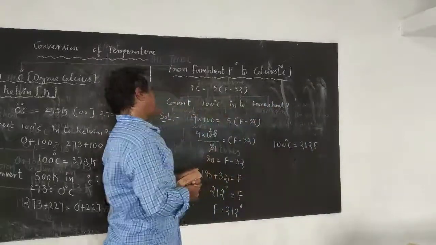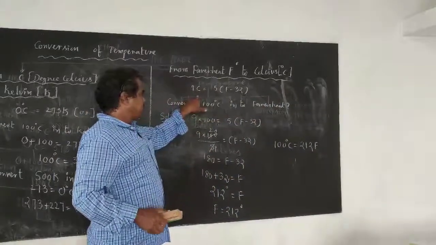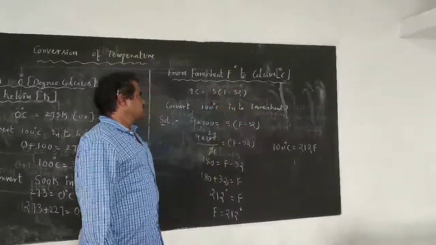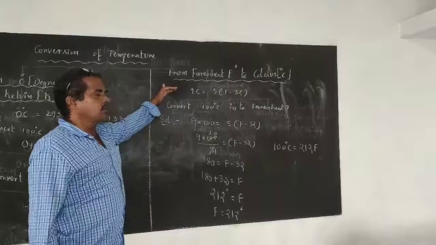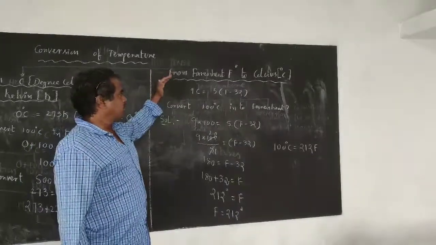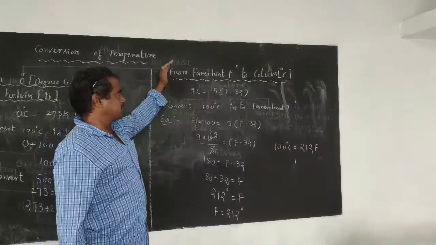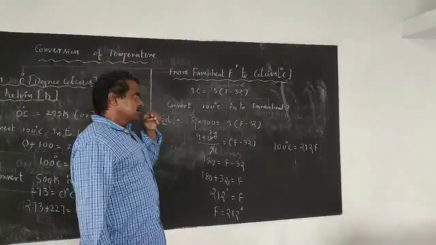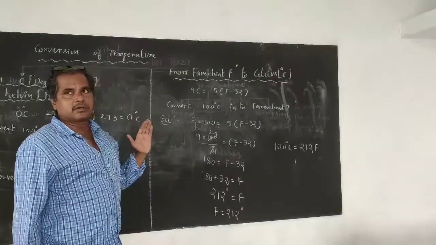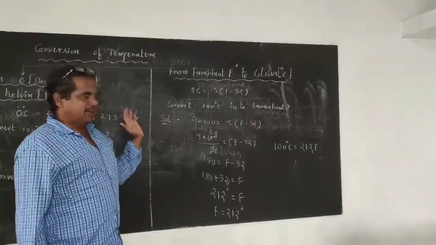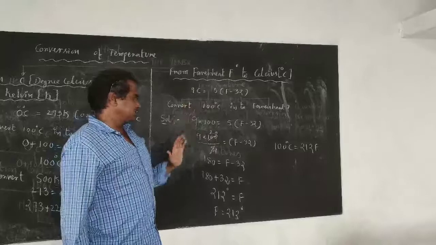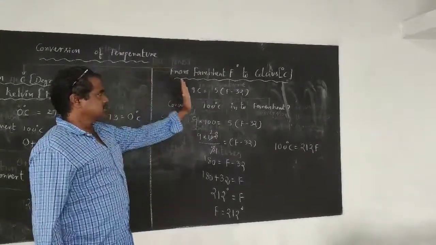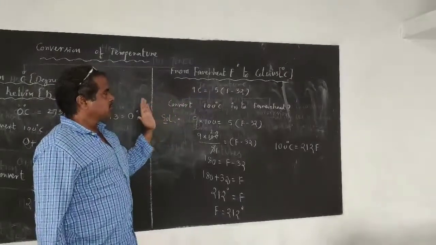So by using this formula, what is the formula? 9C is equal to 5 into F minus 32. By using this formula, we can convert the units of the temperature from Fahrenheit to Celsius. As earlier we have already discussed how to convert the units of the temperature from degree Celsius to Kelvin. In the same manner, by using this formula, we can convert degree Celsius into Fahrenheit as well as Fahrenheit